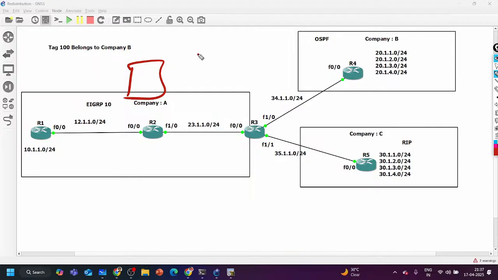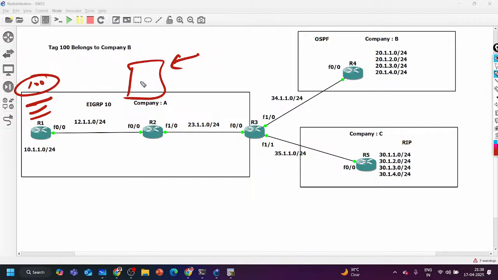Right? Maybe I want to configure some quality of service for the prefixes for company B, for the traffic of company B. What I want, when any user is forwarding traffic to 20 subnet from router 1, it should prioritize it. I want to configure, let's say, security, means I want to limit the access. I can do it because guys, we know the prefixes of company B is using tag value 100. So by using that tag value, we can perform route filtering, we can configure the policies, we can limit the access, we can configure anything.